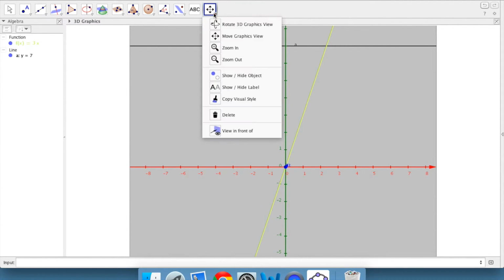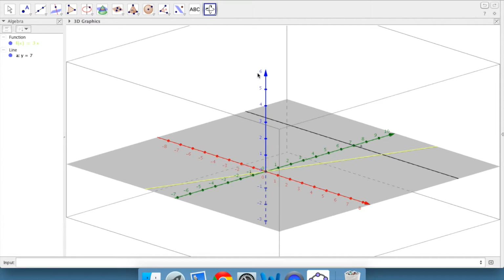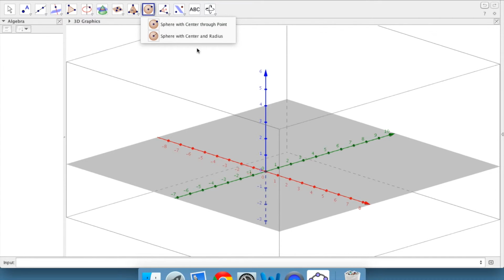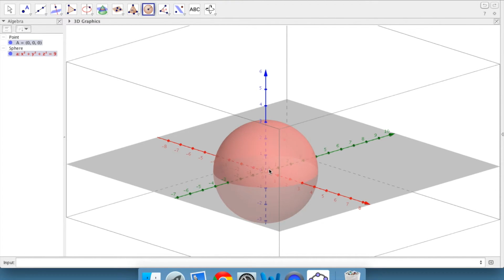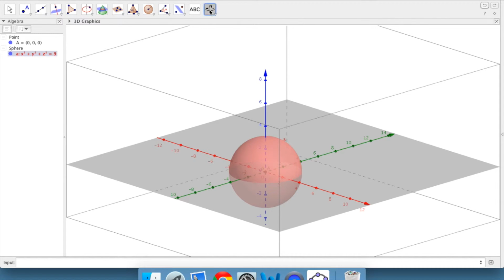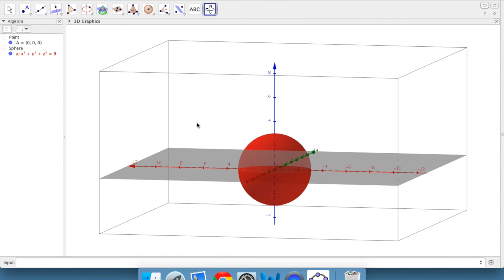Also, in the 3D mode, you can do things with cones or spheres. So up here, let's get rid of these 2 functions by clicking on it, hitting delete, clicking on it, hitting delete. Let's go up to sphere and pick sphere with center and radius. That sounds easy. So let's pick the center at the origin, 0, 0, 0 right here. And let's pick a radius of 3. And that gives us our sphere,